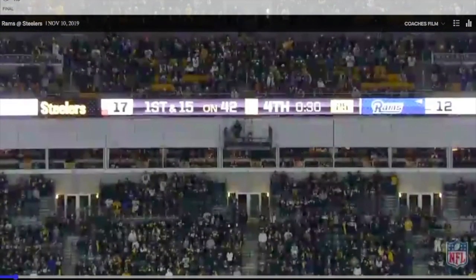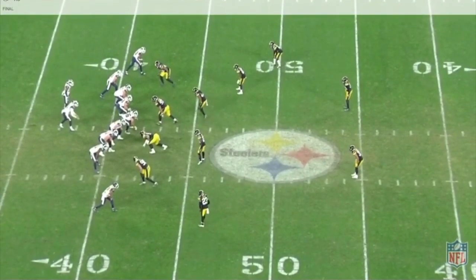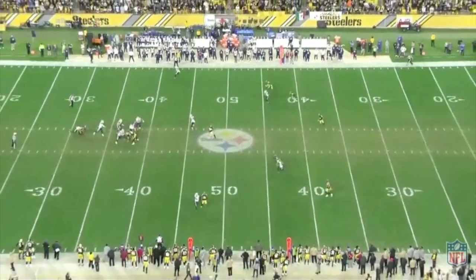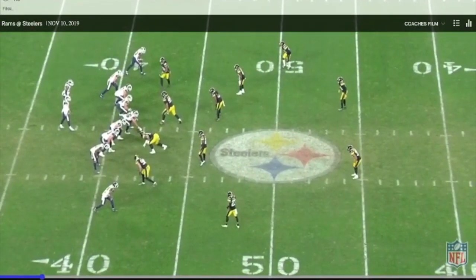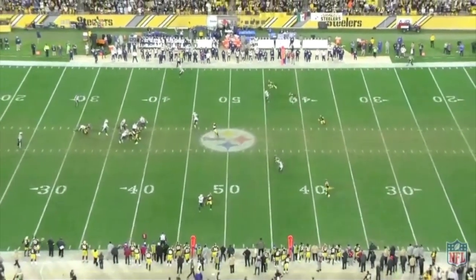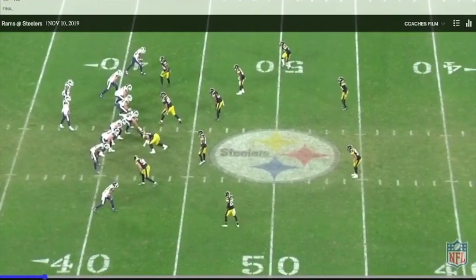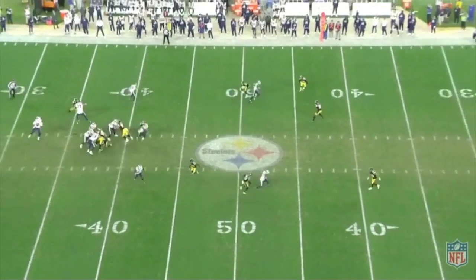So Haden sees the receiver line up well inside the numbers in a cut split and takes outside leverage against him. Playing from the outside, he's able to go into trail technique where he plays under the receiver, knowing that he has Minkah over the top. And ultimately, he plays right into his technique here with the receiver running a 10-yard curl, and Haden's able to sit right down on it from underneath, ultimately making a great pass breakup, deflected into Minkah Fitzpatrick's hands for the